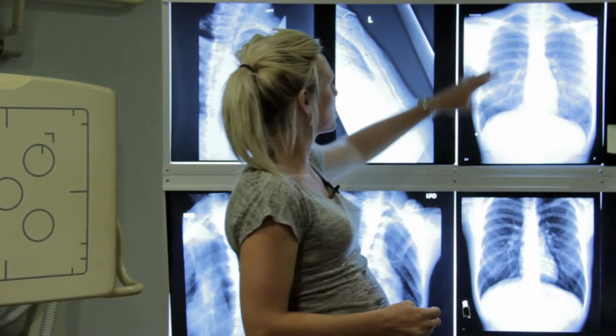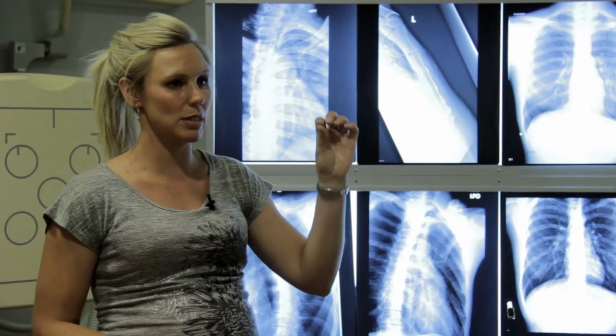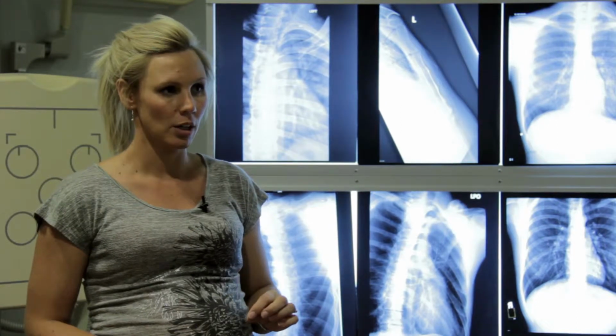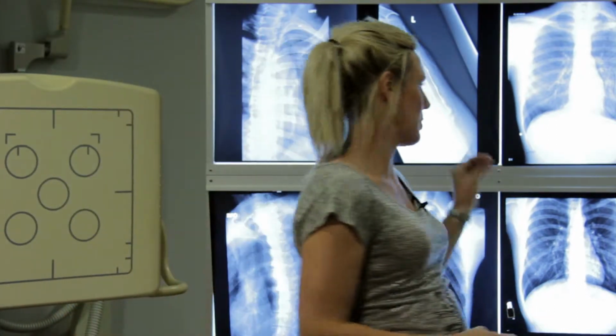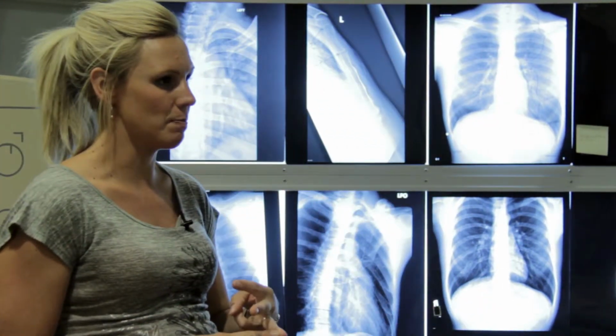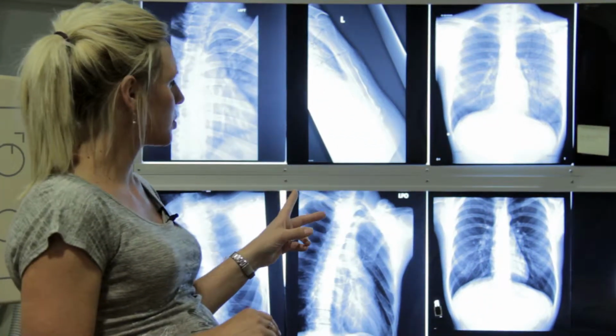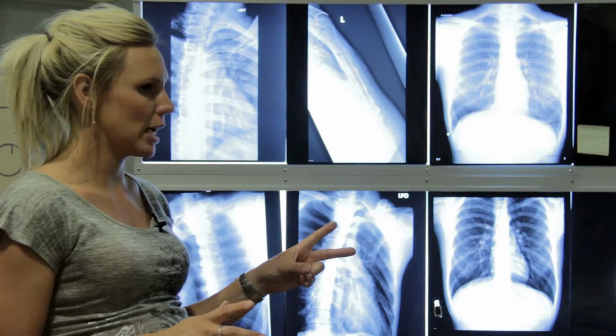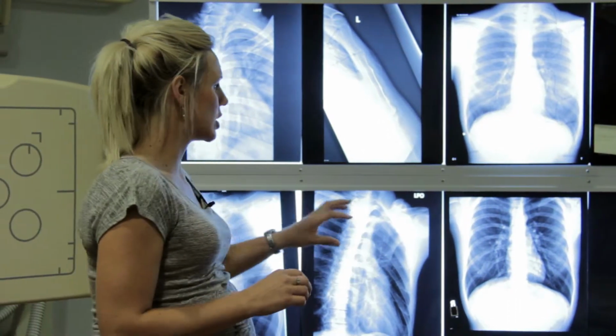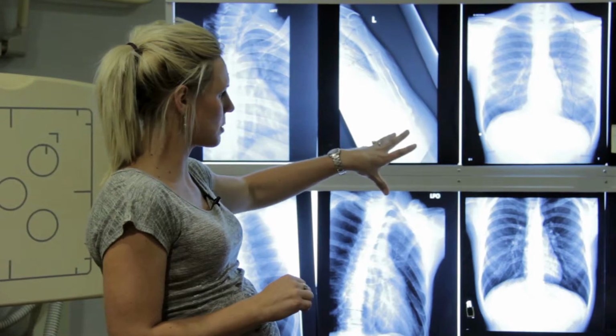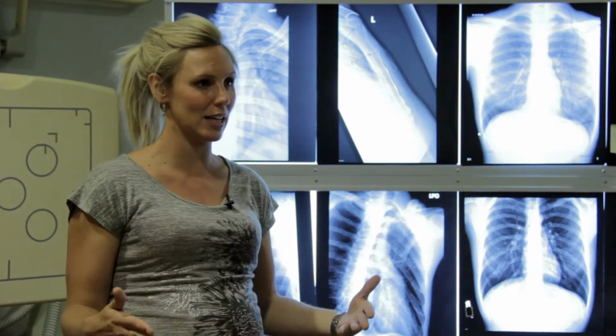Now for upper ribs, we had to get 1 through 10. For lower ribs, we have to demonstrate ribs 8 through 12. So the rules for lower ribs, which makes that possible: laying down moves the diaphragm out of the way, expiration moves the diaphragm out of the way, and we need a little bit higher KV. With the upper ribs, we were in about a 65 to 70 range. Your average KV range for lower ribs, because we're in kind of abdominal tissue, is 70 to 80, just like